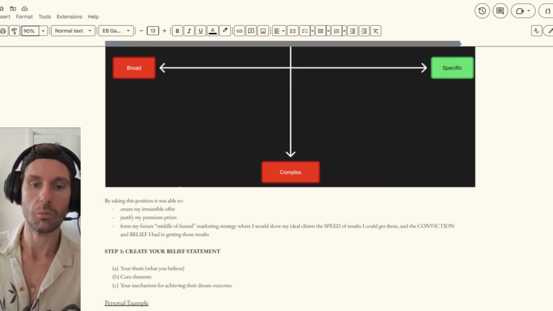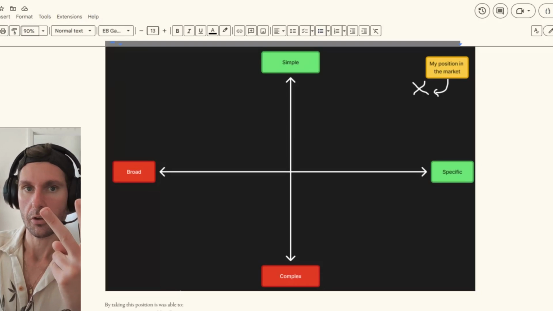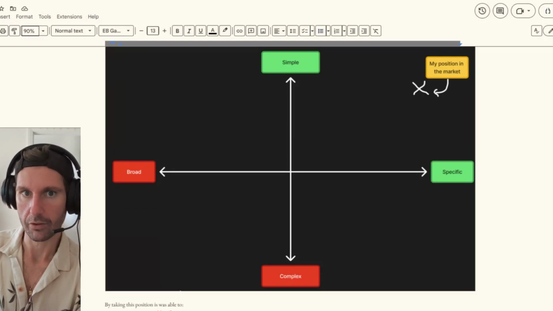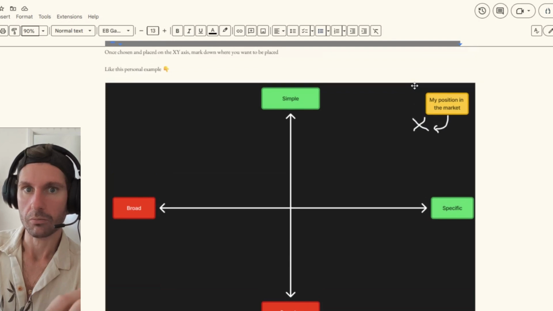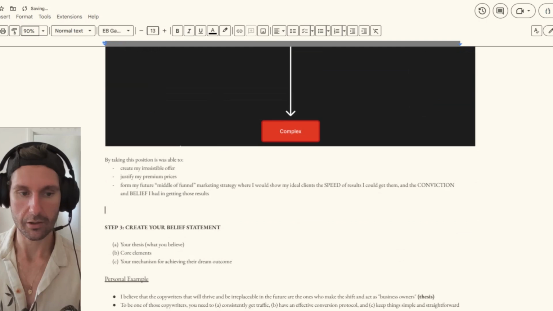Okay? So once you've done that, go through the two rarest values or the values that speak to you, plot them on the XY axis for yourself, okay? And then mark your position. So one of the things that you may want to do in this document is just come down and go, my XY axes are,